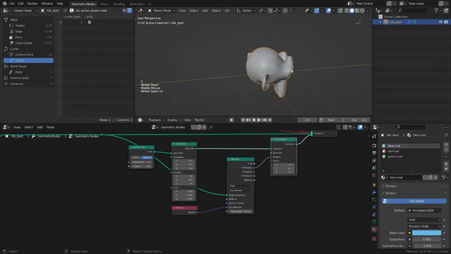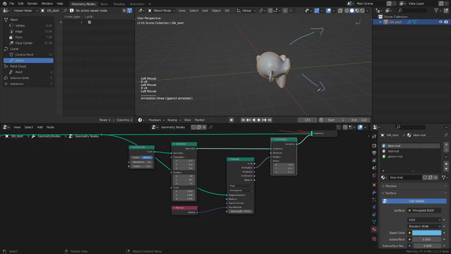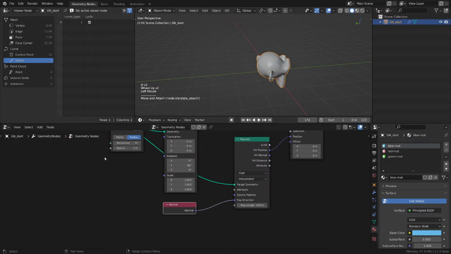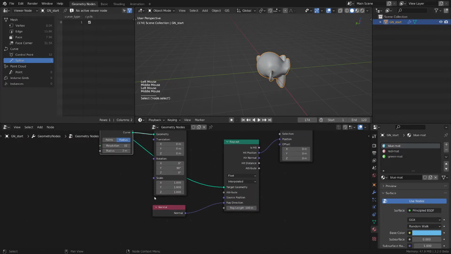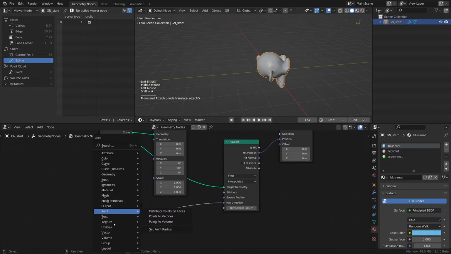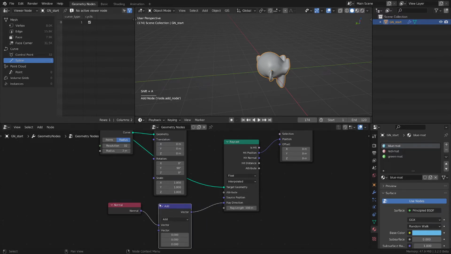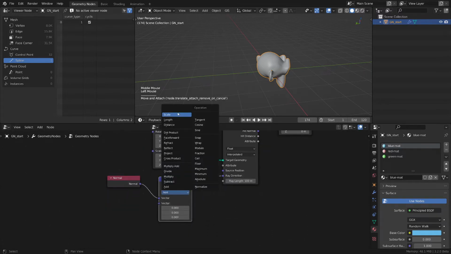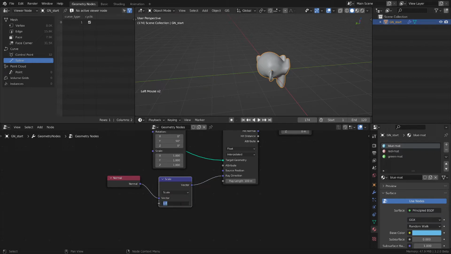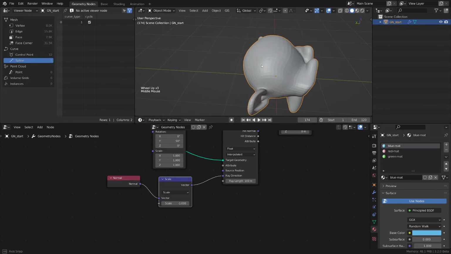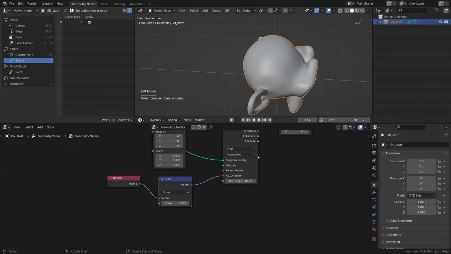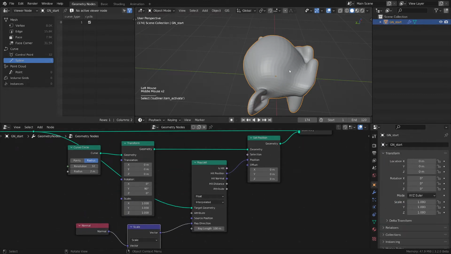And the reason is that we are now casting rays away from the mesh, because this is how these points are distributed from the circle. So what we need to do is to invert this normal, and one easy way to do it is to scale it in the negative direction, something like this. And as soon as we do this, if we select our mesh and we look at the result,